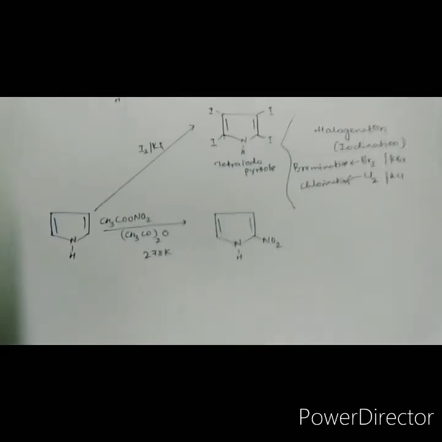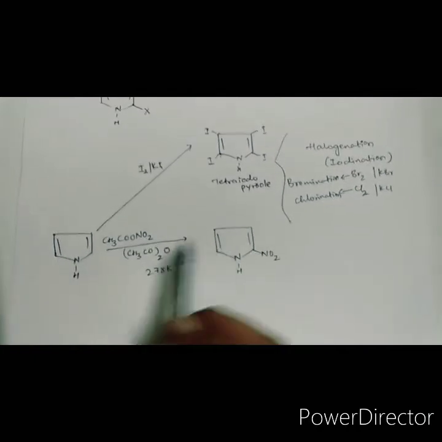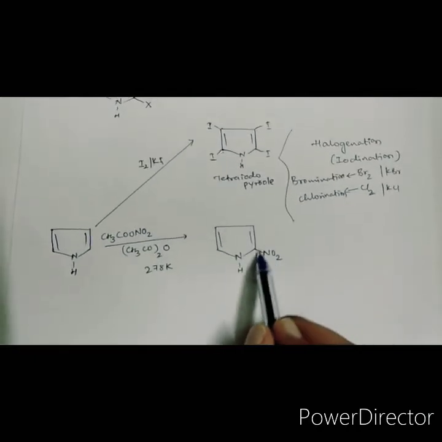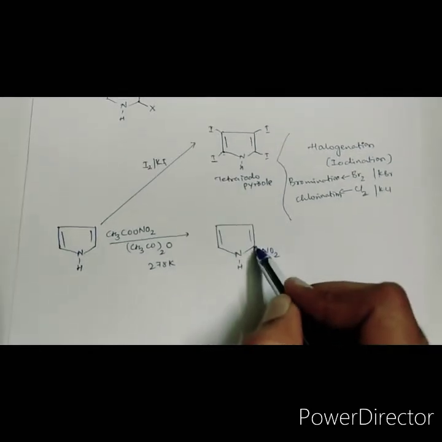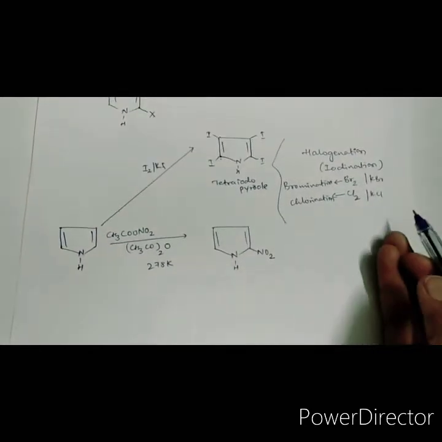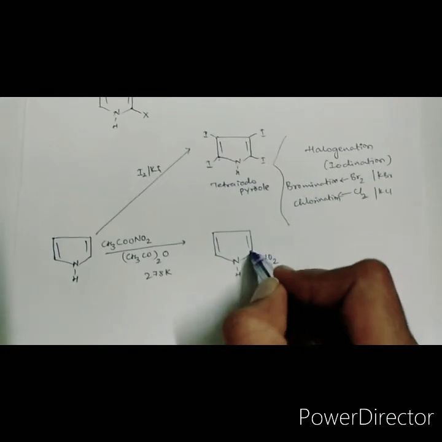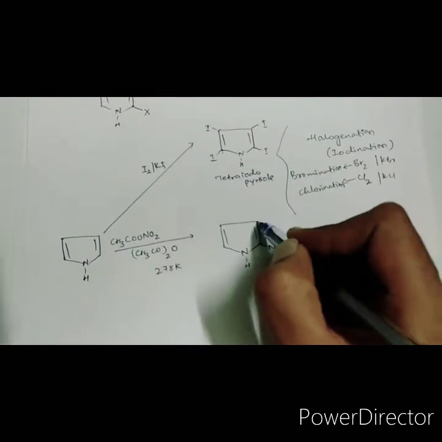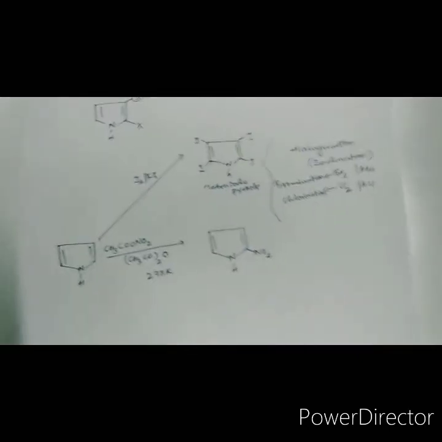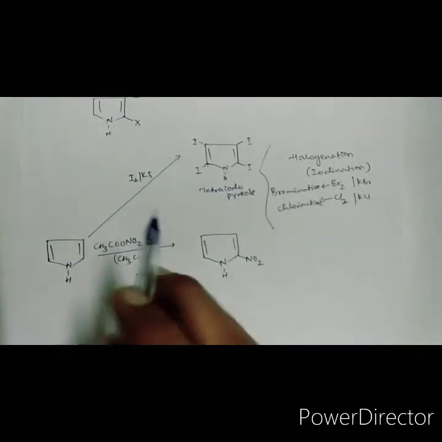The second example for electrophilic substitution reaction is nitration. Here you can see a nitro group is attached at the second position. We have already discussed that whenever electrophilic substitution reactions take place, they majorly take place at the second position. If the second position is occupied, then the reaction takes place at the third position. So pyrrole, when reacted with